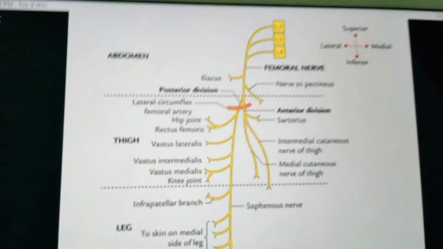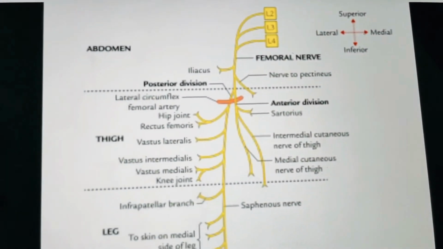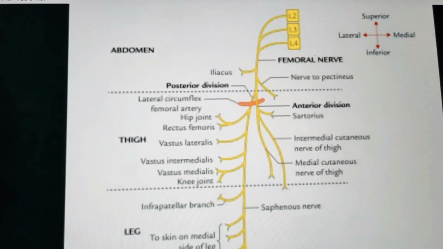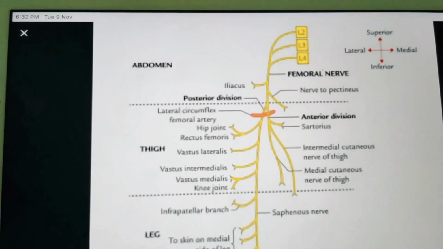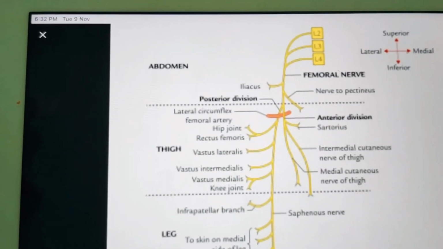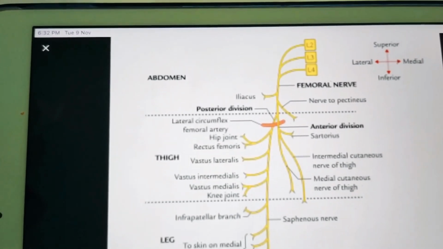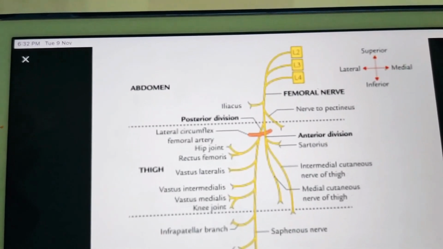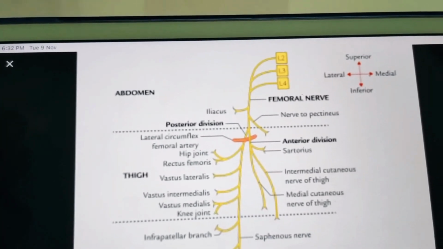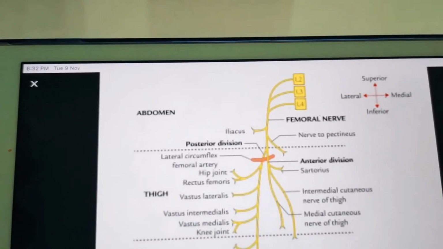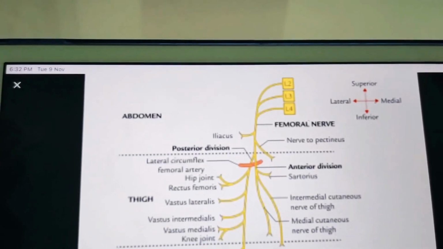Now what is the clinical anatomy? Let us find out. The femoral and obturator nerves which supply the hip joint also supply the knee joint, right? So therefore diseases of the hip also produce referred pain in the knee and also in the cutaneous area innervated by these nerves. So whenever you get pain in the knee, it may be because there is already a problem in the hip joint. Because of hip joint pain, it will also be transmitted to the knee.